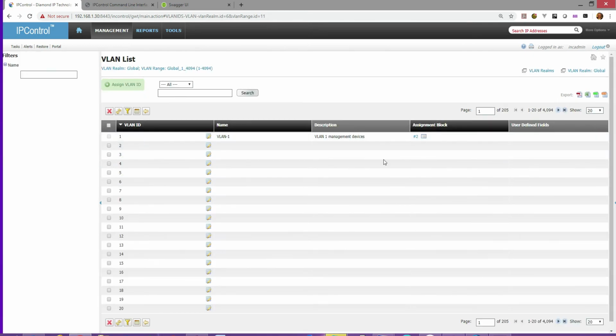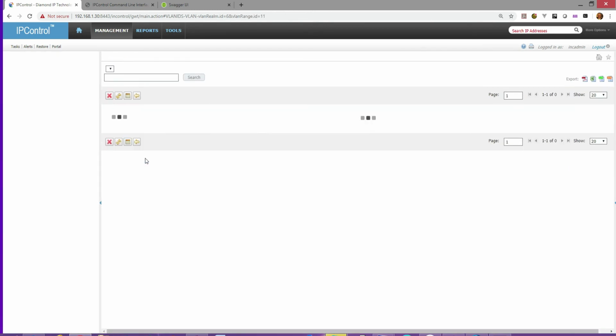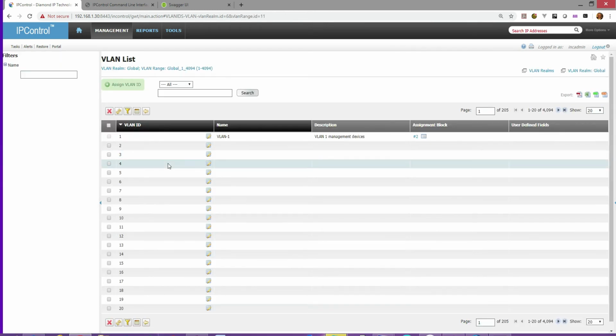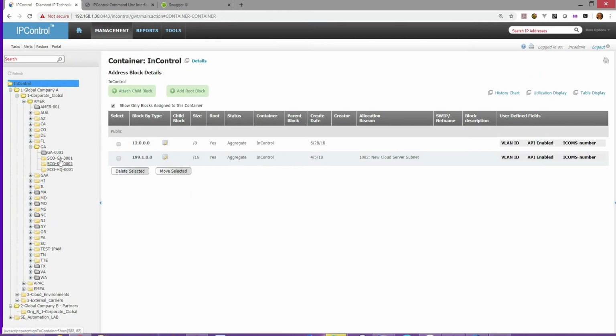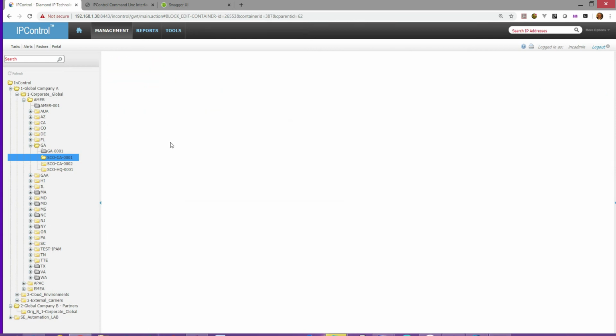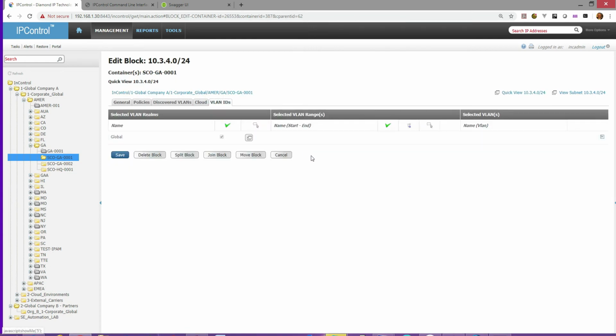So I'm going to go ahead and add that, and you'll see here then that I am now shown the number of blocks assigned, and clicking through will now show me the list. Now the other part of this is that you can see these blocks from the block level. So if I were to go say to 10340, I can look at the VLAN IDs, I'll see my realm,